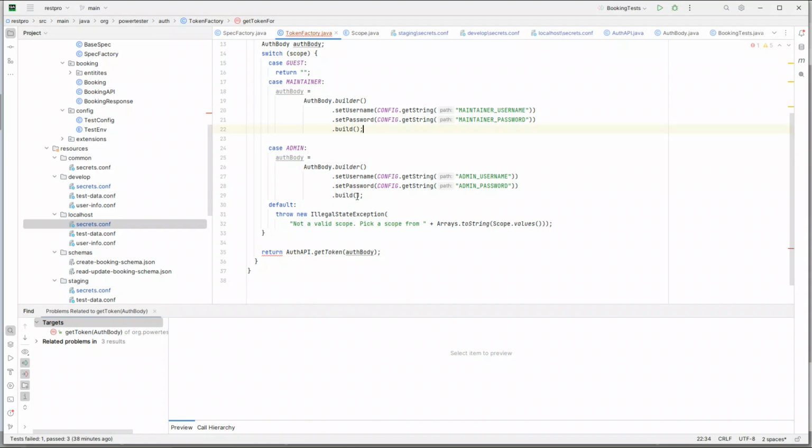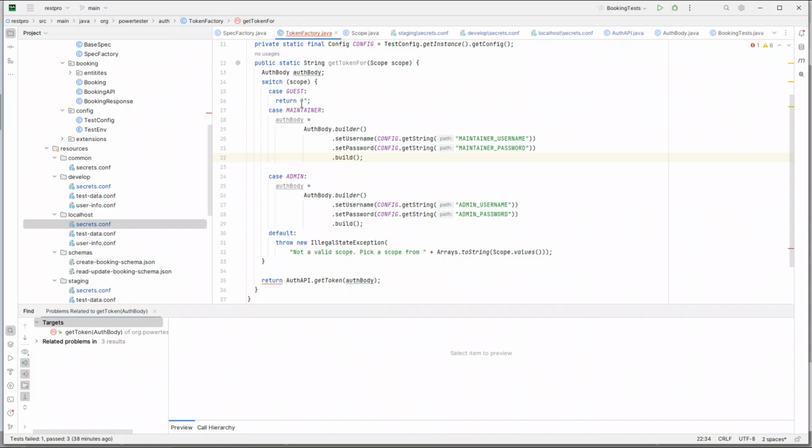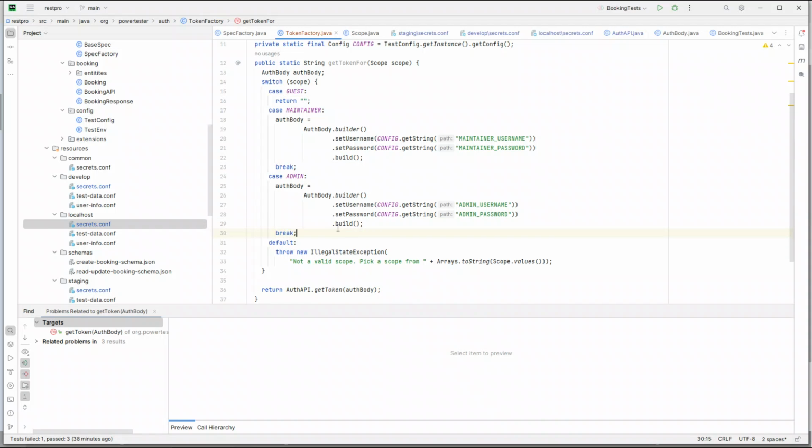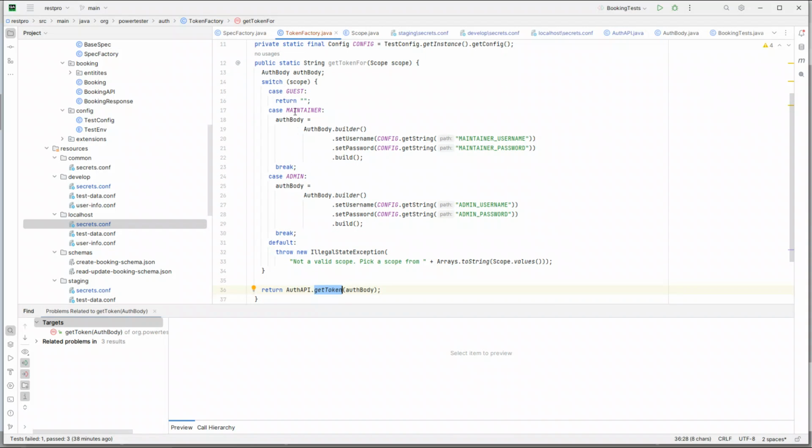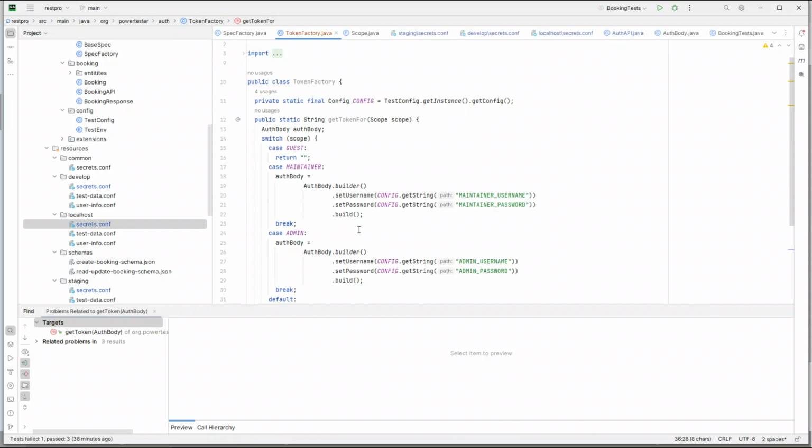body. So in case of guest, we will directly return the string. In case of maintainer, we will just build the body, and we will actually break after creating the body, because otherwise it will continue and call the other case. So let's break this, and once we have the right body, then we are able to get the token based on this auth body. So if it is not a guest user, right? So I think this makes our token factory ready,